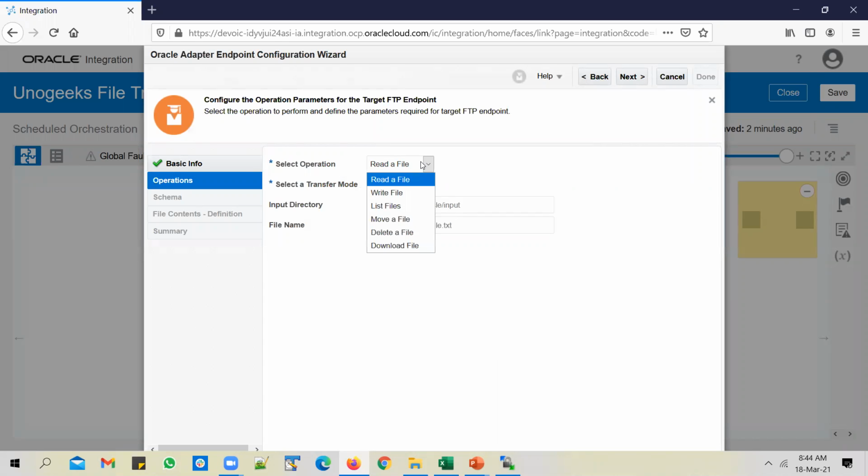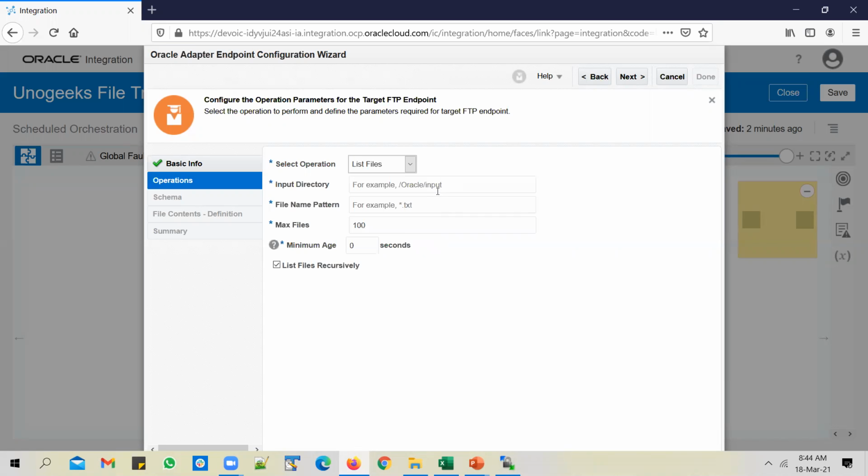And in the operations, you have a list of operations available. In this video, we will see how to use list files to list the files that match the name pattern. We'll see how to read a file, how to write a file, and how to move a file. The other two you can explore.